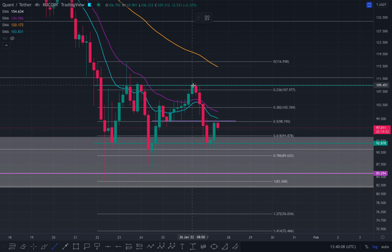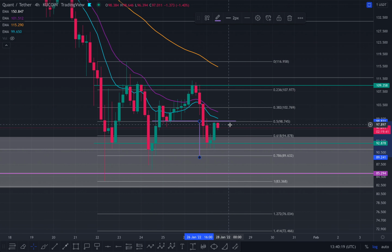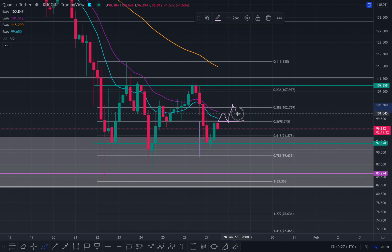Now I can give you a technical target from the highest body candle close back to the neckline, put that on the break. You can see you're now in a target to the 786, roughly at $89 for Quant. So we're in a target to $89 until we can break back above this neckline and confirm it as support. If you can do that, then we will try and attempt to get above these EMAs, flip it as support